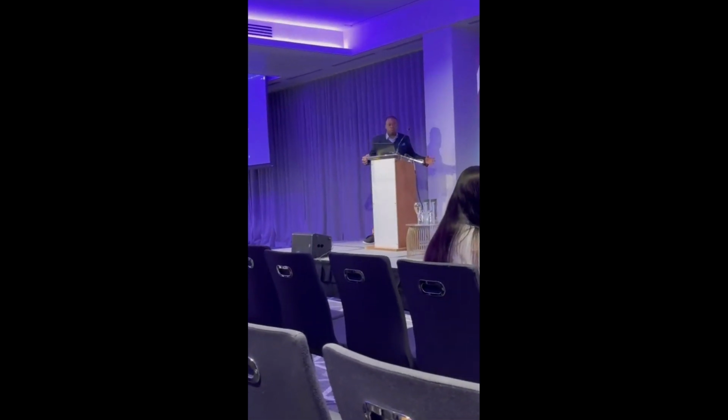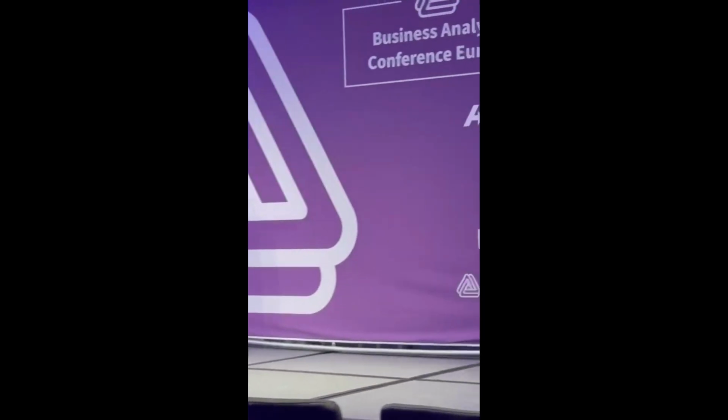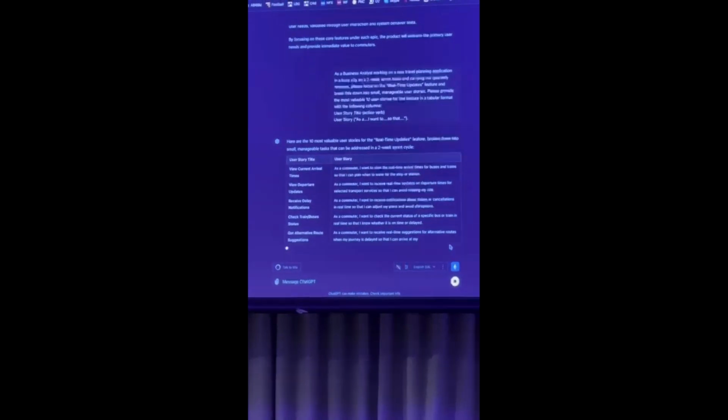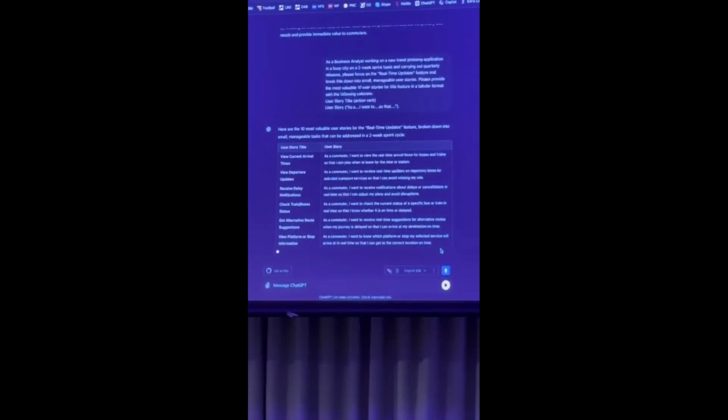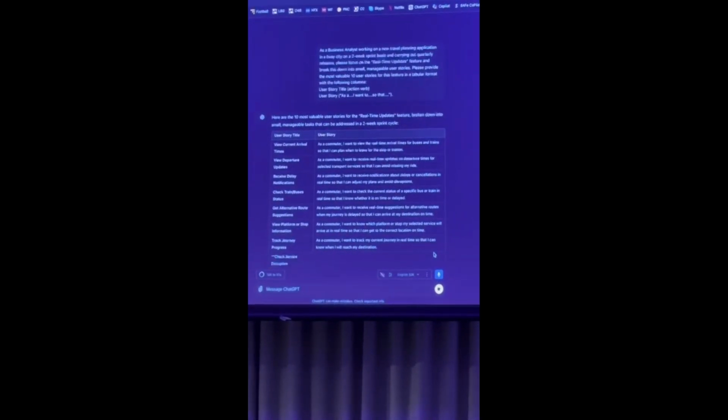So assuming you've planned all of that and you know what to focus on next, which is the next feature that you're working on, you can ask GPT to now focus on that feature. In this case, you want to focus on real-time journey updates. And say, give me all the user stories, like the top 10, essentially, under the real-time update feature. So you have a number of stories to work on.